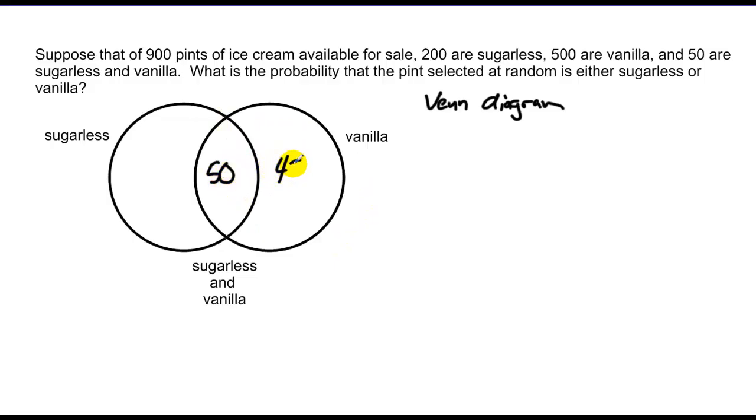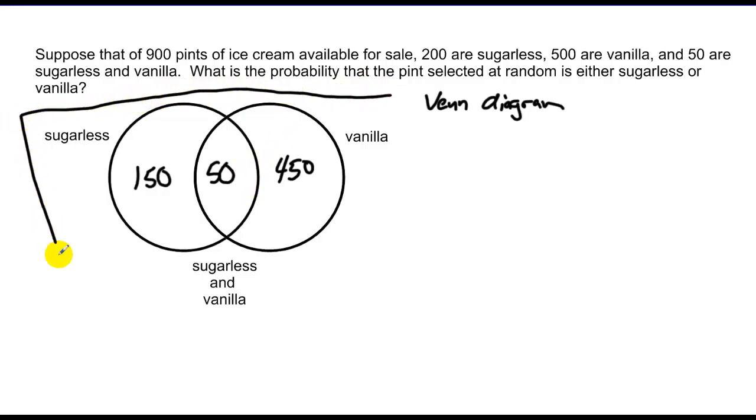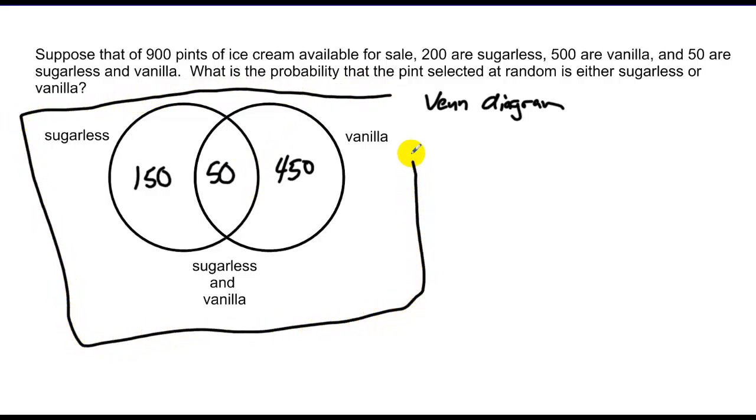So there must be 450 remaining. And then I have a total of 200 in the sugarless, but I have 50 already, so there's 150 here. The reason why this helps is it tells us how much has been used so far, because at this point I only have a total of 200 and 450, or 650 total, which means that in our whole sample space, if I were to extend this, there is other ice cream that's neither sugarless nor vanilla, and I've got 250